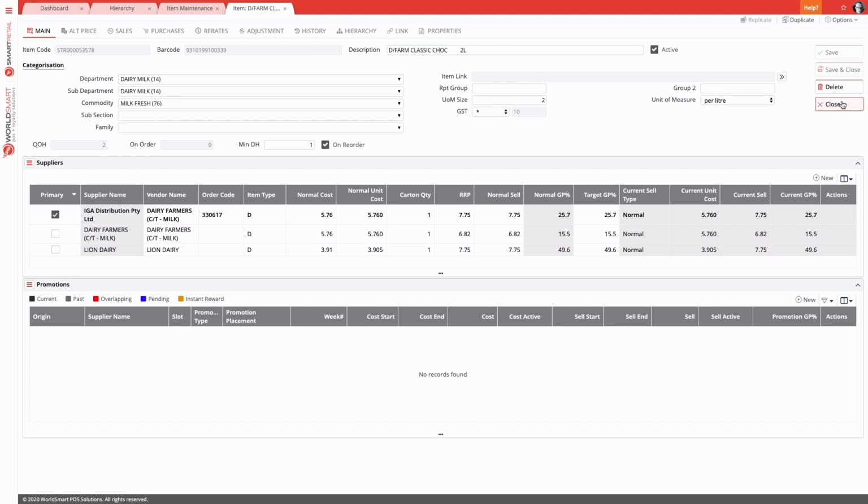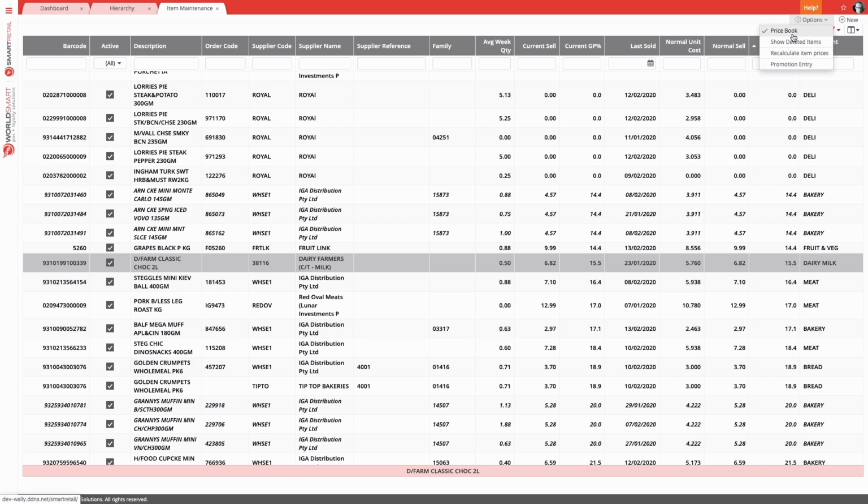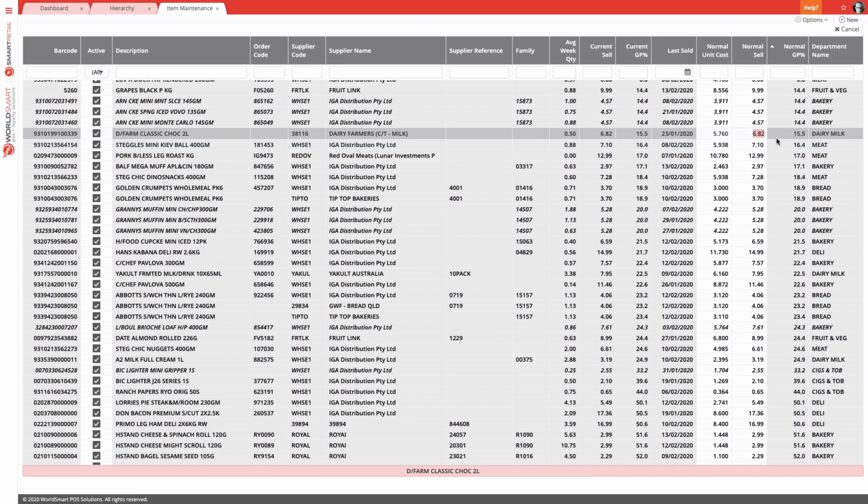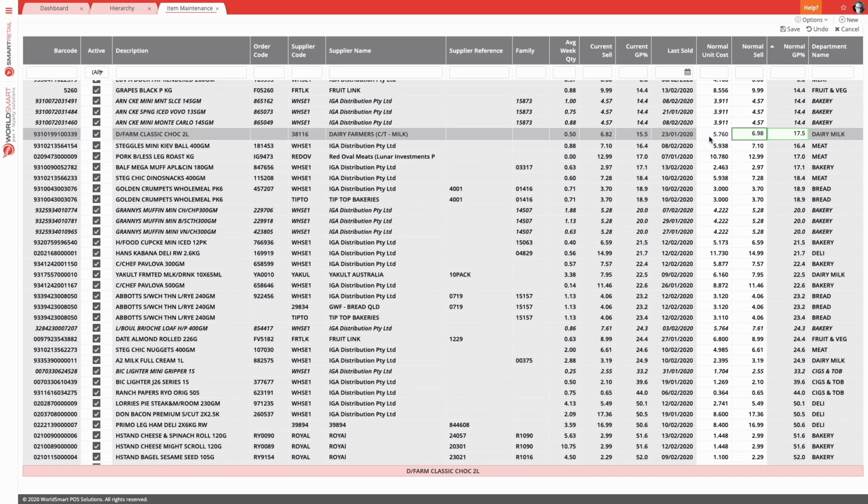Traditionally, you can just open up the item and make the change to the normal cell. A quicker way though is while you have this price book mode turned on, we have the pencil here, so you can hit the pencil. And this opens up this grid into an editing mode. And here I can directly update the cell or the cost depending on what needs to be